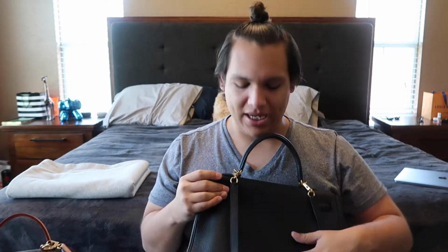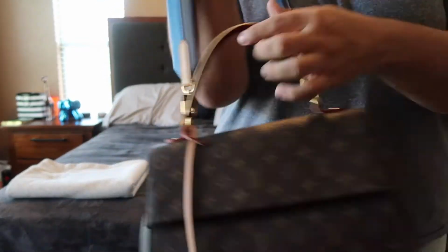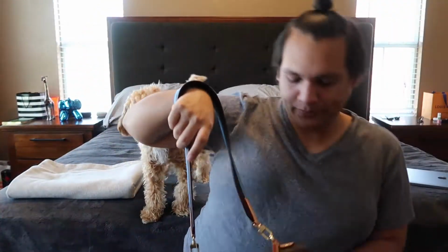But it has no back pocket, as well as the strap is much thinner in comparison, which I personally like because it sticks to the body better. It's not as thick as the other one. It's going to take me a second to slide that off. But then this one, which sits a little bit higher, like that was too easy. It's so thick that it just doesn't get a grip on my shoulder. So